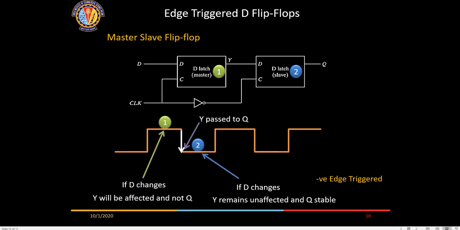Correct. So each flip-flop will have something known as setup time and hold time. Setup time is the time required. Suppose it is a negative edge triggered flip-flop, D should be stable a time delta before the clock goes low. That is known as the setup time. Those intricacies are probably in the MTech course.